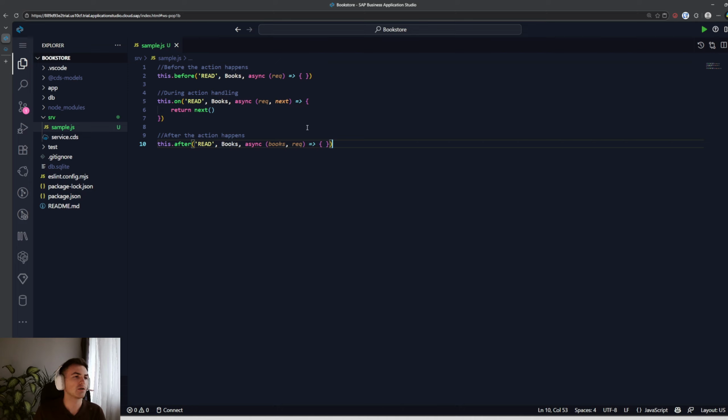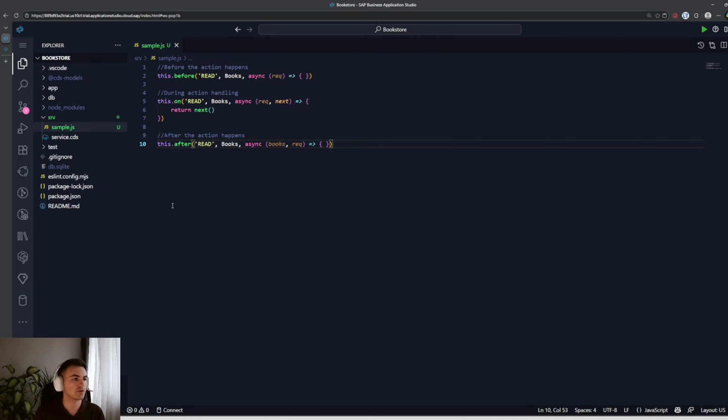So basically writing your own logic into your application, because we all know that the customer always wants something changed. It's never only the standard, but we want to do some data manipulation, for example, in between of the actions. So I have prepared this sample JavaScript file because everything is written in Node.js. I hope you are familiar with that. If not, there are plenty of tutorials on this topic, but I'm gonna take you step by step how these